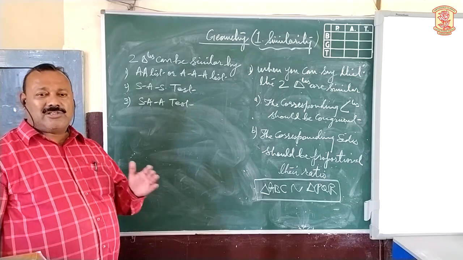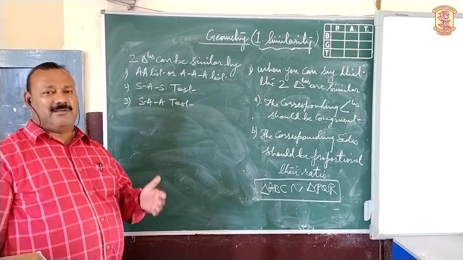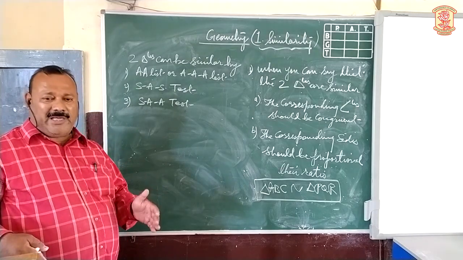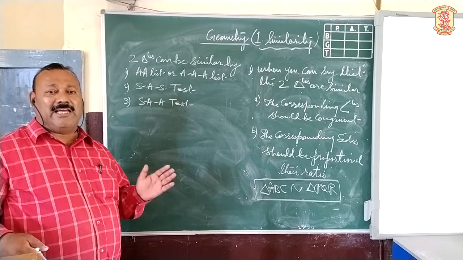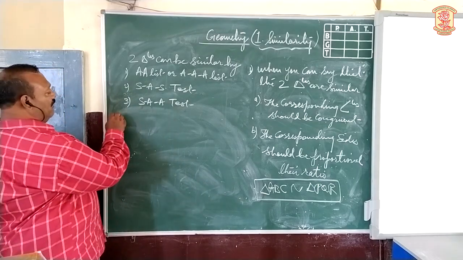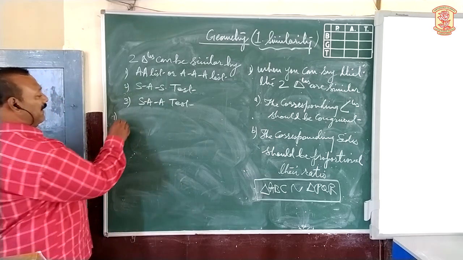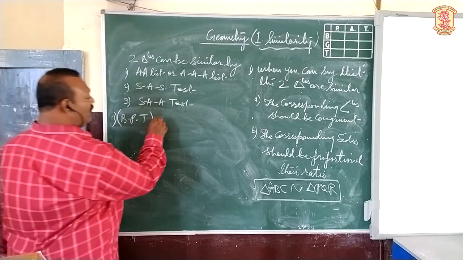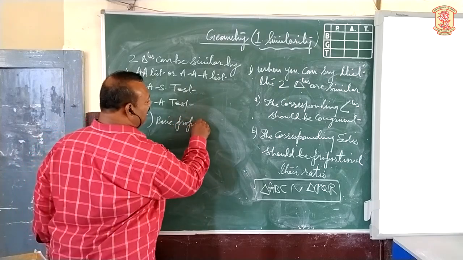Two triangles whose areas are equal, we can't say that they will always be similar. But when two triangles are similar, their areas are also equal. Now see the first, that is also based on the first theorem. It is also called the basic proportionality theorem. In short, we write it as BPT. It is also called basic proportionality.